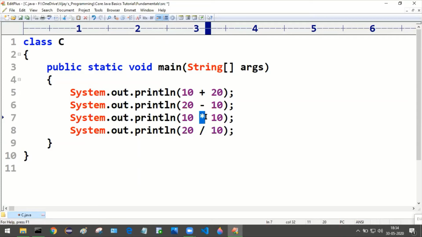Then this symbol, sometimes we call it asterisk, sometimes we call it star, but in this context we are considering it as the multiplication symbol. It is performing multiplication.